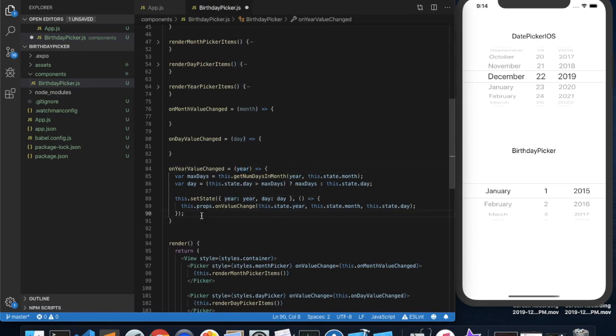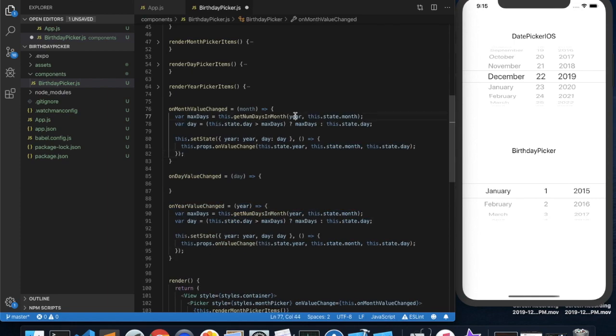Okay, we need to do almost exactly the same thing for the month because the month can also affect how many days are selected. So I'm just going to copy and paste the year function here into the month. But instead of passing in the year, we have to use this.state.year. And the month, we can't use state.month because it's just changed. So we'll use the month that was provided to us in the onMonthValueChanged function. And then in our setState, we're going to change the month to whatever month it was changed to, and the day to the new day that was computed, and once again call